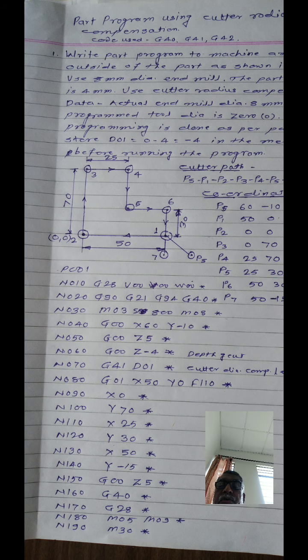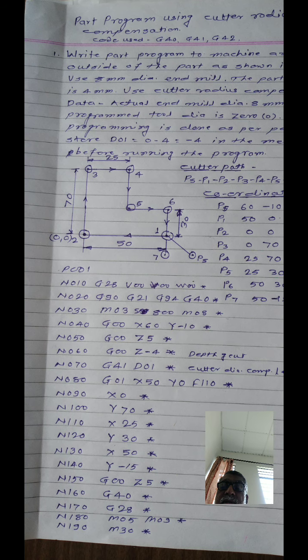That is, you have to use the code G01, that is block number 80, G01. What are the coordinates of point 1? That is P1, X 50, Y 0. You have to mention the feed rate 110, end of the block. Is it okay? As G01 is a modal function, it is not necessary to write it in the next blocks. You can just write down the coordinate values.